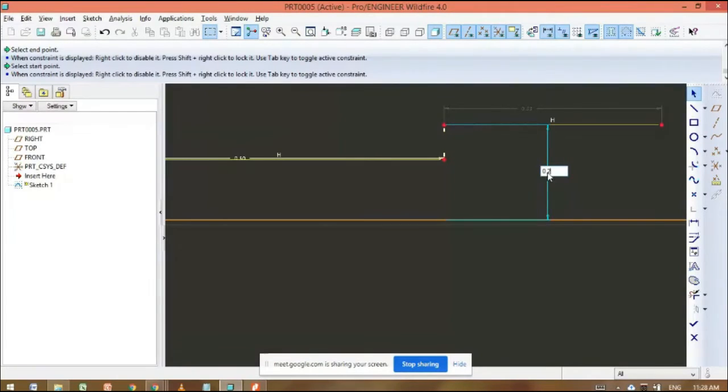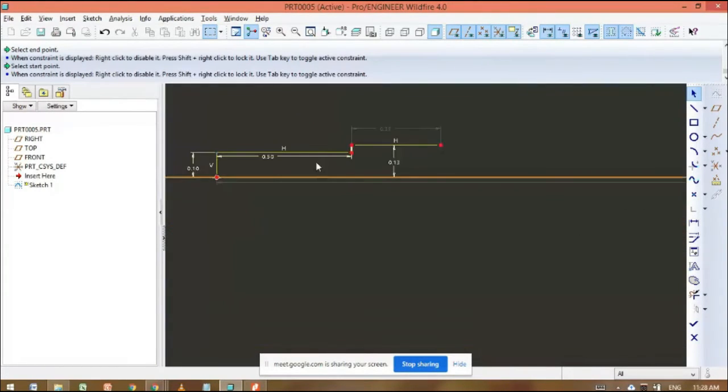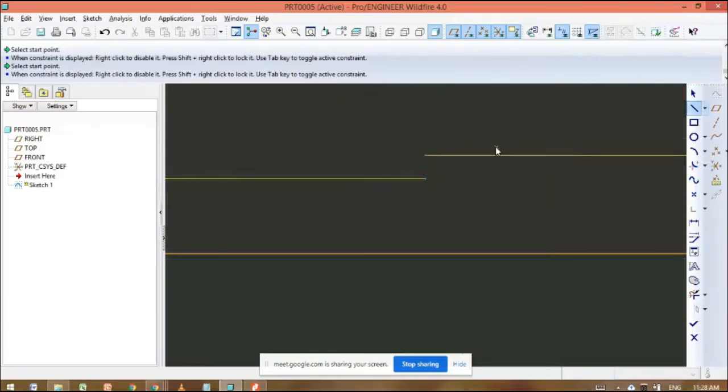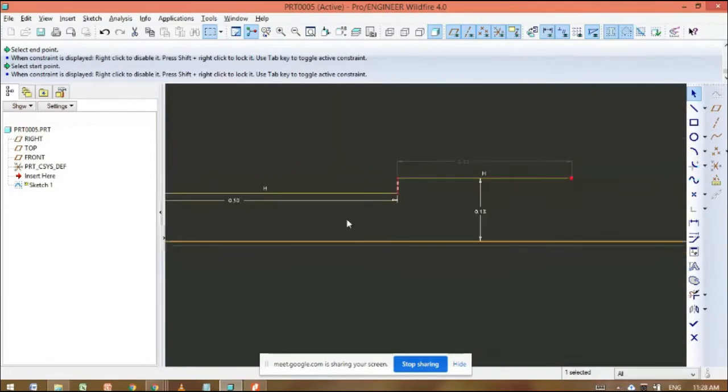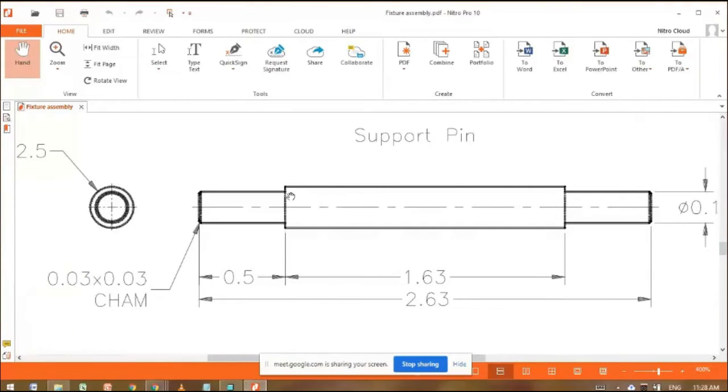You can calculate, no problem, 0.25 divided by 2. Dimensions are very small, so it is difficult to understand, but whatever dimensions are given, we are going to take here.